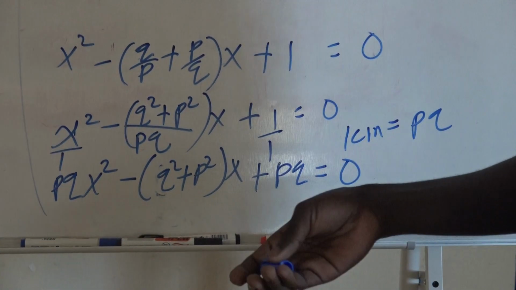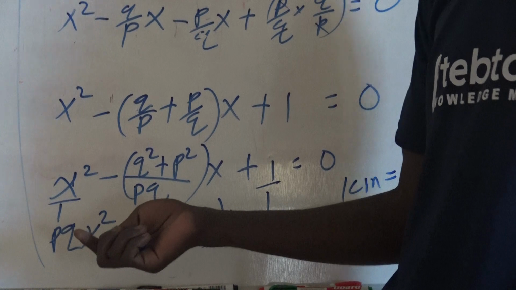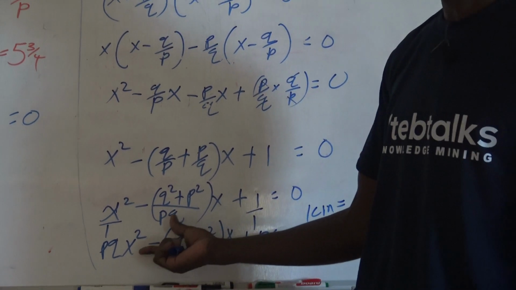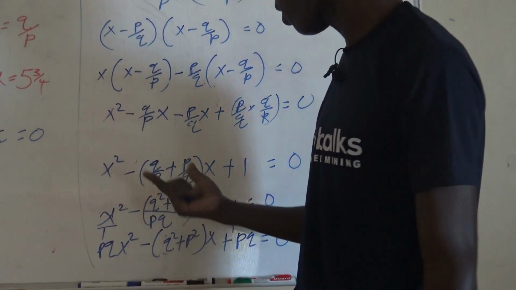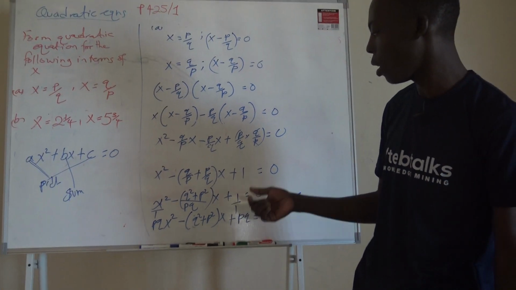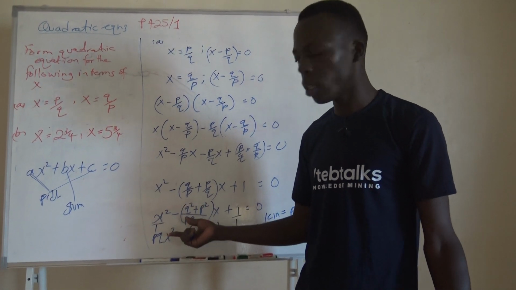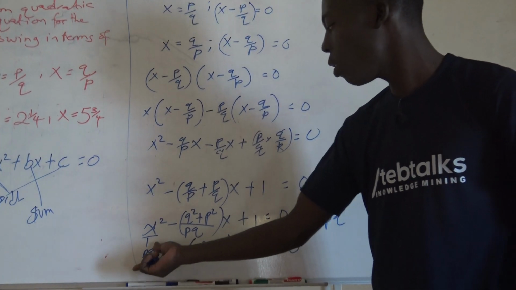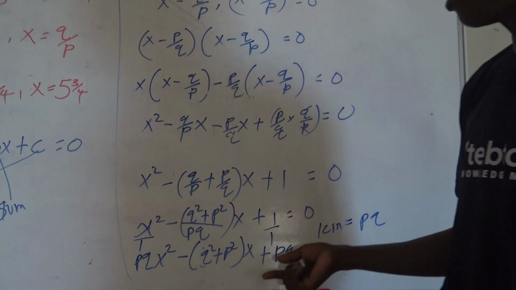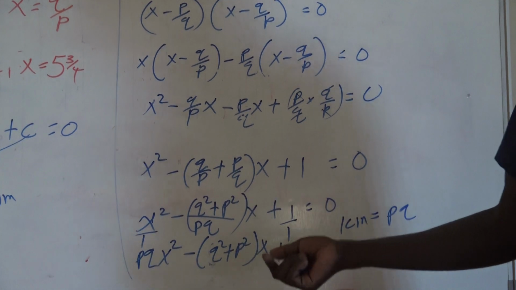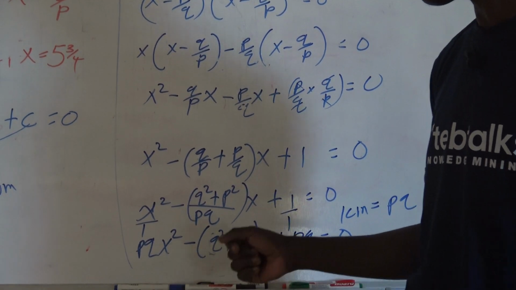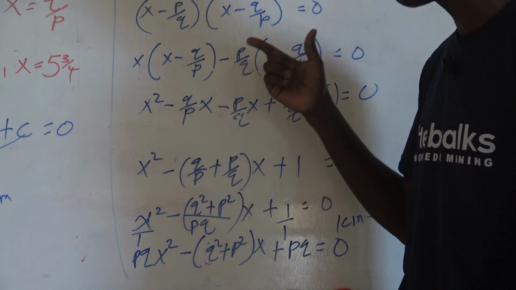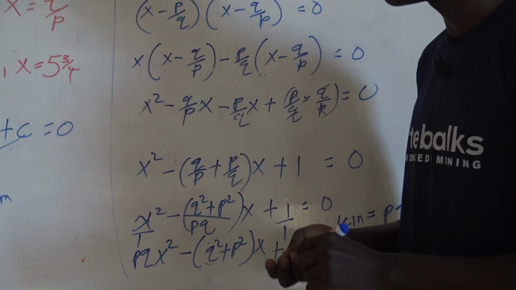Now when they say get the sum and the product, the sum comes from the value in the middle, but you take it with the opposite sign: if it is negative, you take it as positive, and if it is positive, take it as negative. That is the sum. The product is this one times this, which gives p squared q squared. So that's how you can form a quadratic equation when you are given these points. So we go to the next